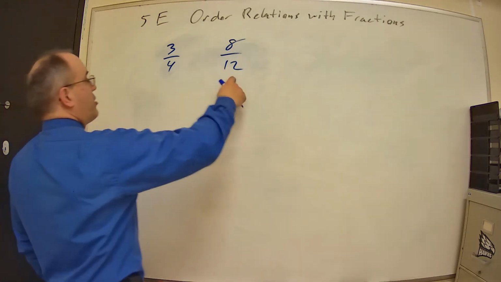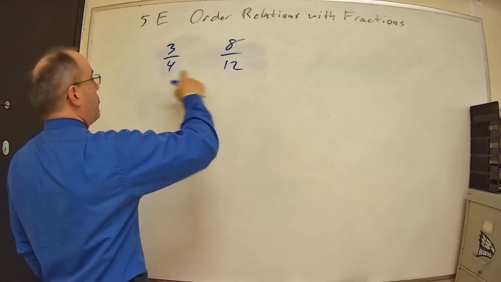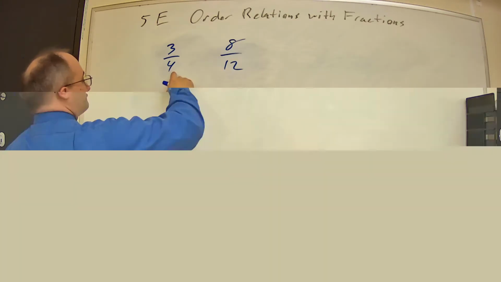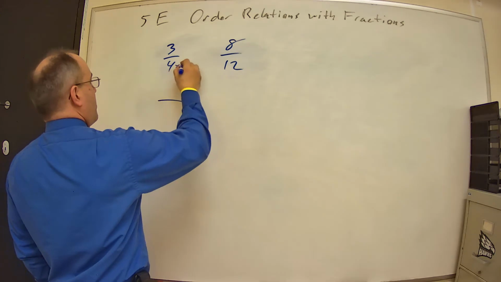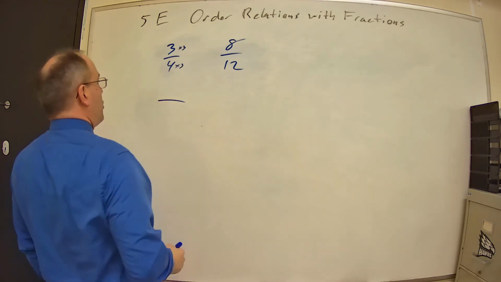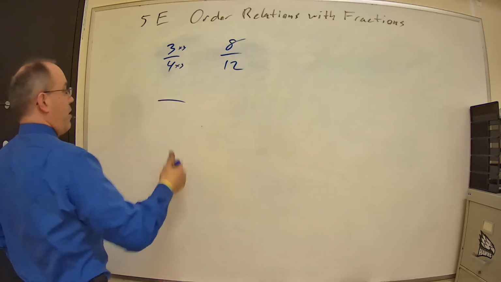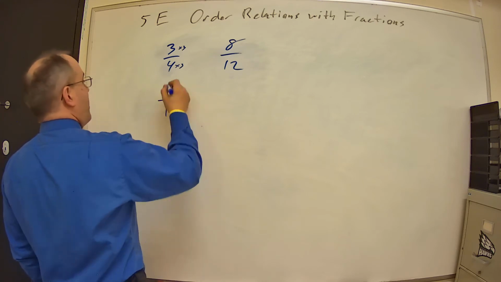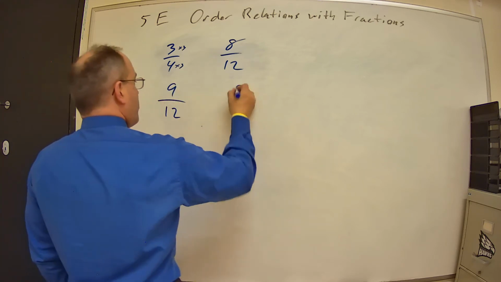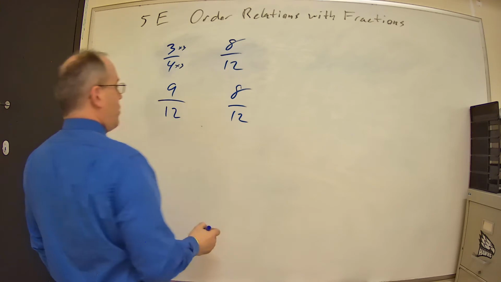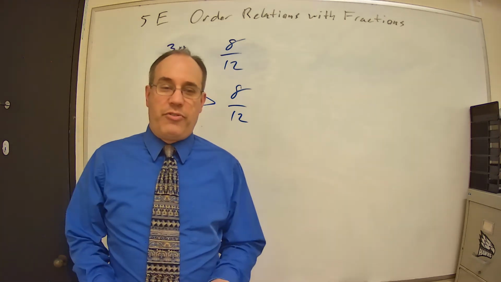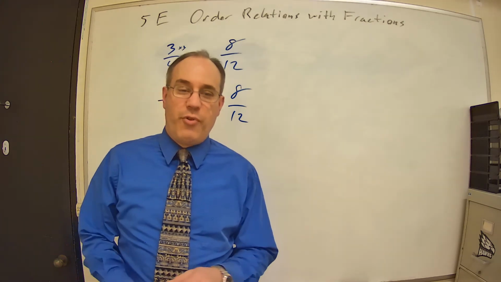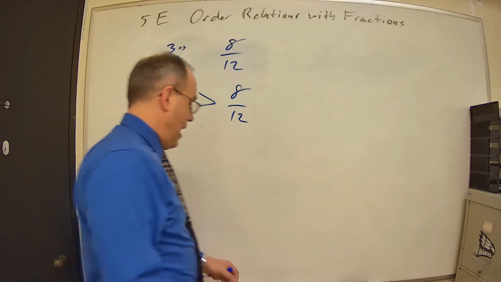So I see 4 and 12, and I see that 12 is a multiple of 4, so I can just multiply 4 by 3. Multiply top and bottom by 3, 4 times 3 is 12, and I end up with 9/12. So if I've got 9/12 and 8/12, obviously 9/12 is greater than 8/12. Pretty straightforward, right? What if we have